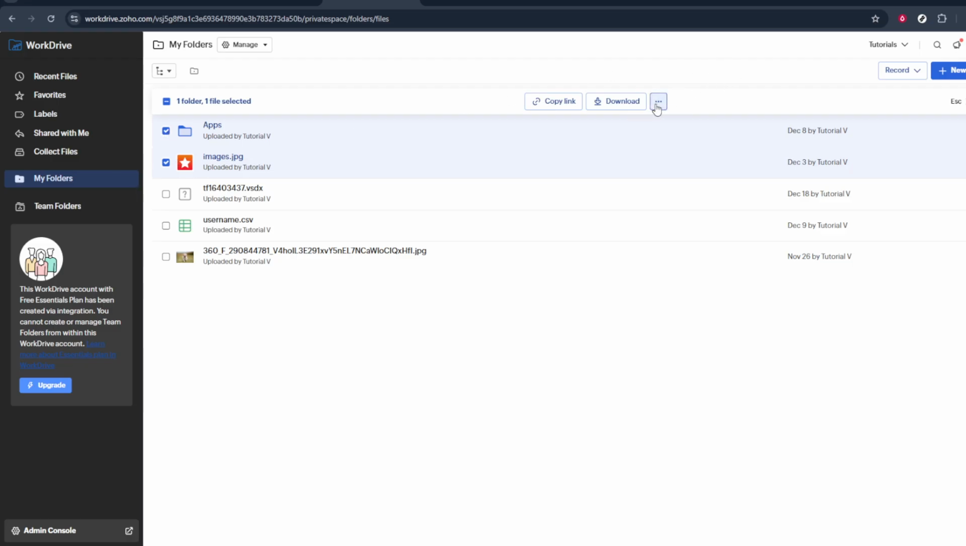Once you're in My Folders, locate the specific file or folder you want to move. When you hover over an item, you'll notice a small checkbox appear next to its name. Click on that box to select the file or folder. If you want to move more than one item at a time, you can click the boxes next to each relevant file or folder. This allows you to move multiple items in a single action, which can save you a